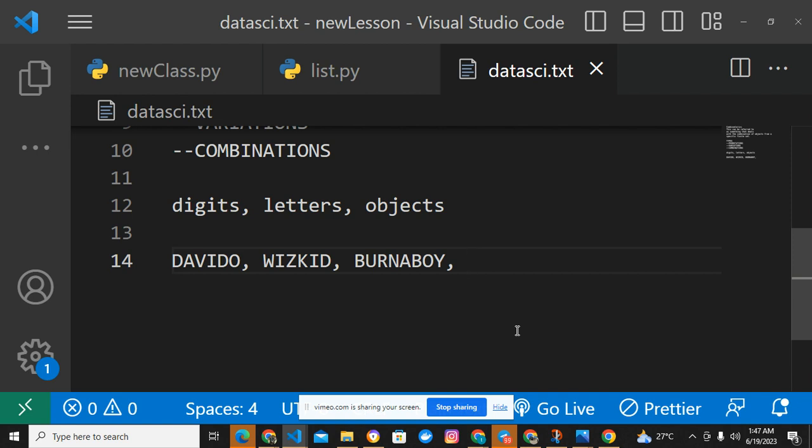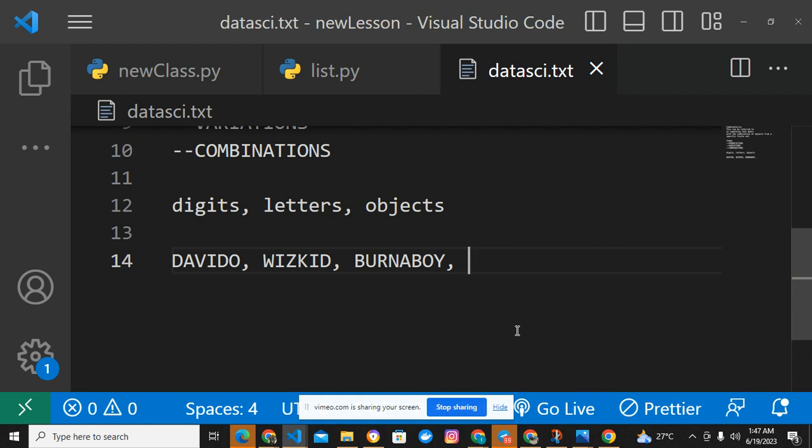So if you decide that Whiskey stays in the middle, let's assume Davido didn't win. Let's assume Whiskey won, and Whiskey decides to stay in the middle. We are also faced with the challenge of arranging either Davido or Burna Boy. So